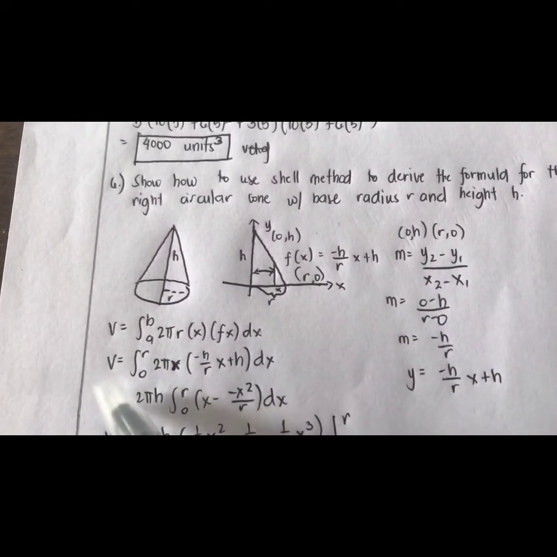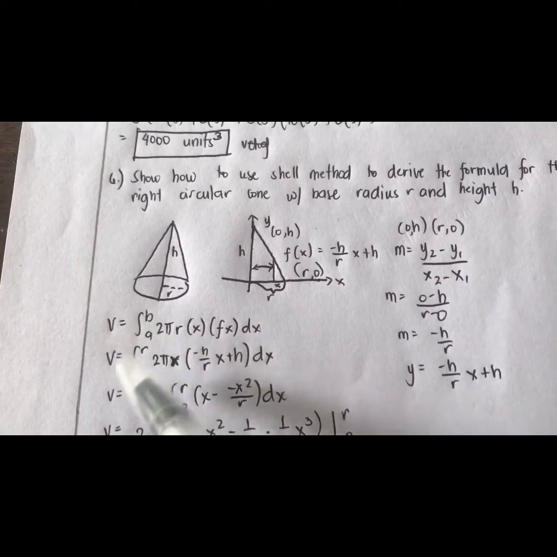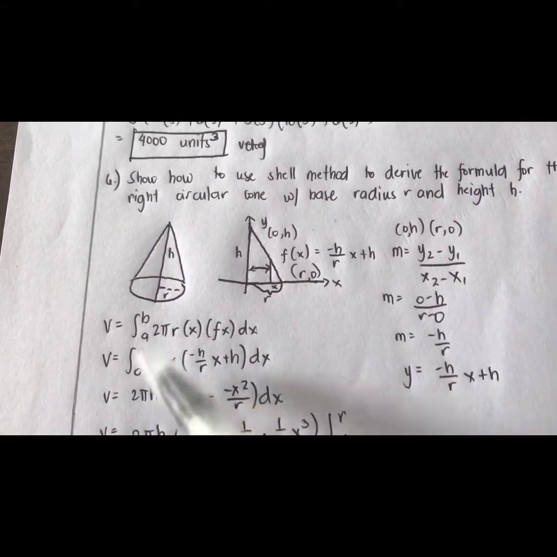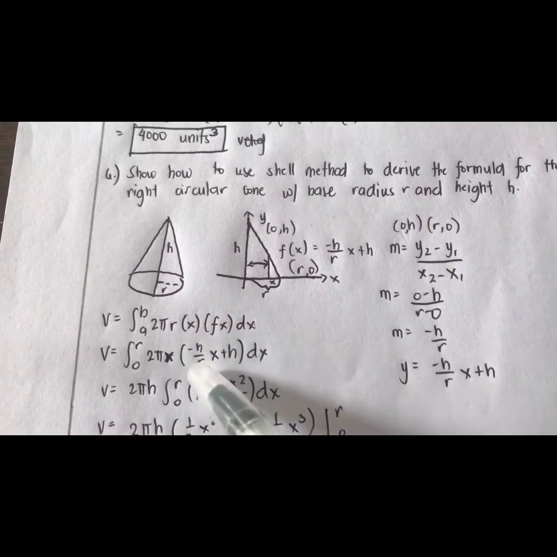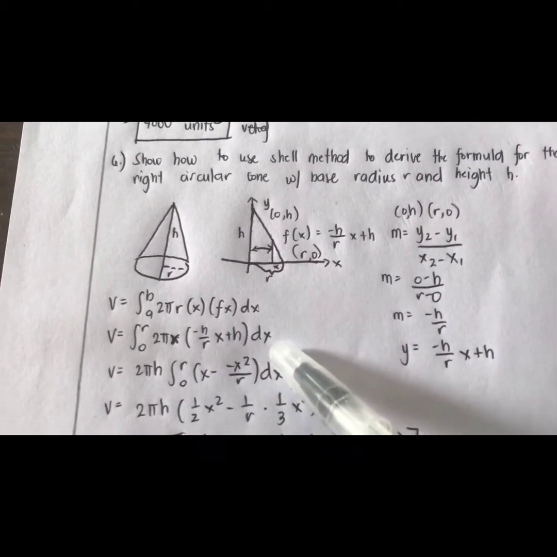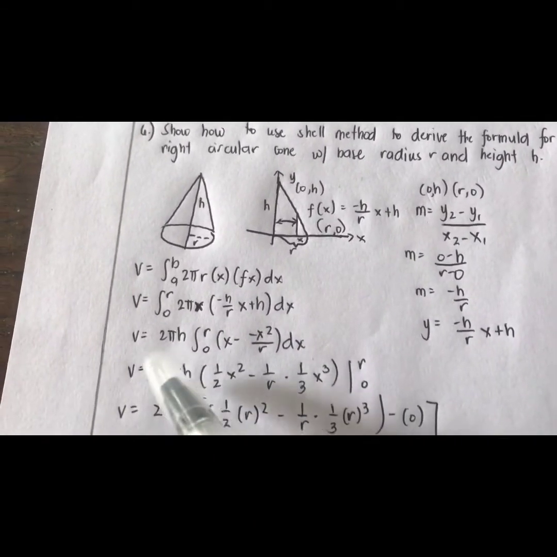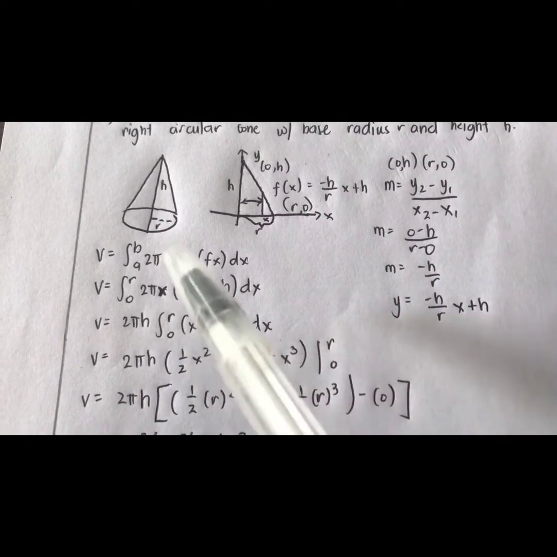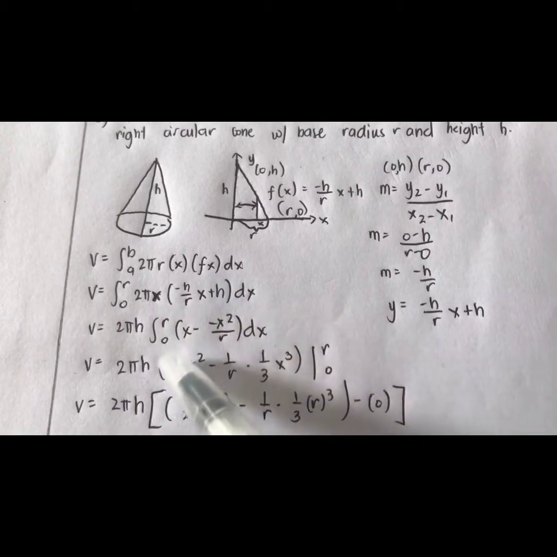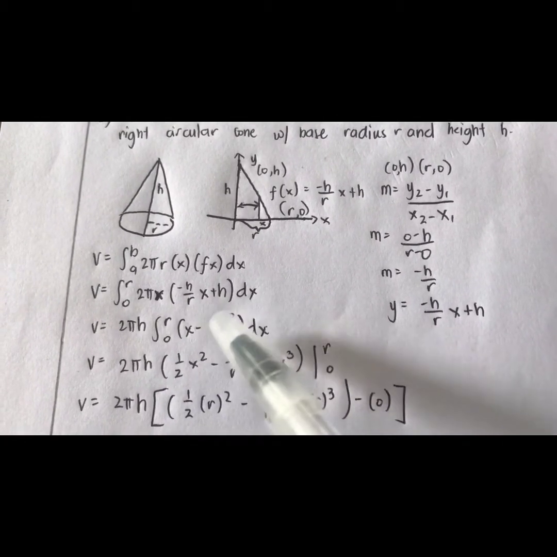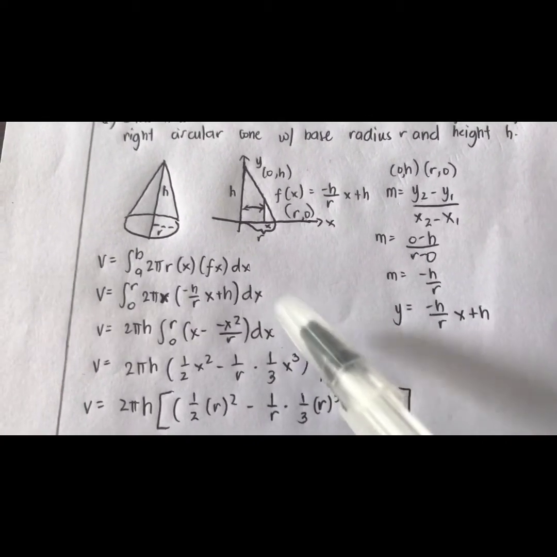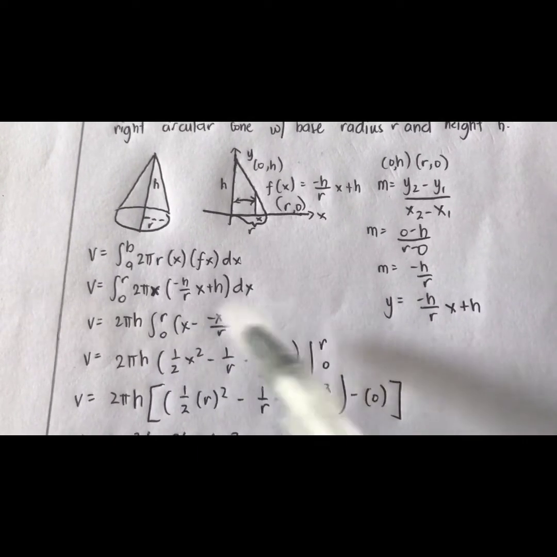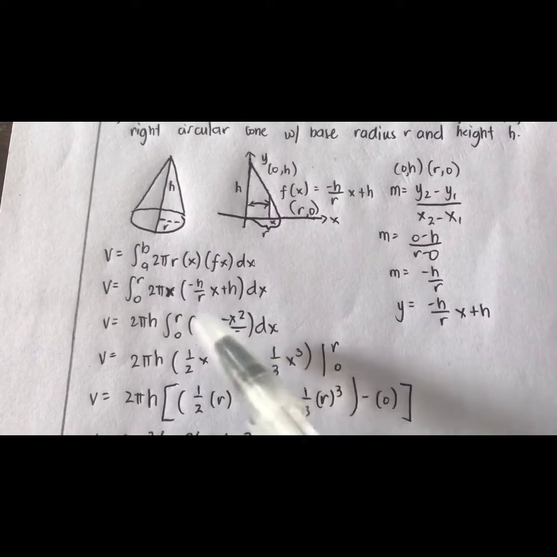So V is equal to the integral from 0 to r of 2 pi x times the quantity of negative h over r x plus h dx. So we'll have V is equal to 2 pi h times the integral from 0 to r of the quantity x minus x squared over r dx. Now if we're going to integrate this one, we will have 2 pi